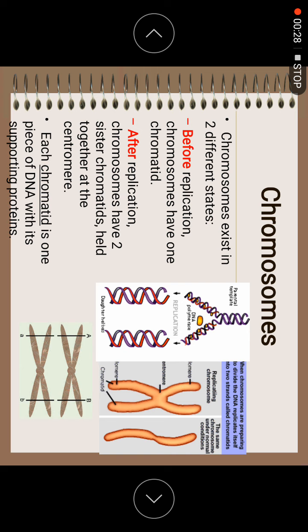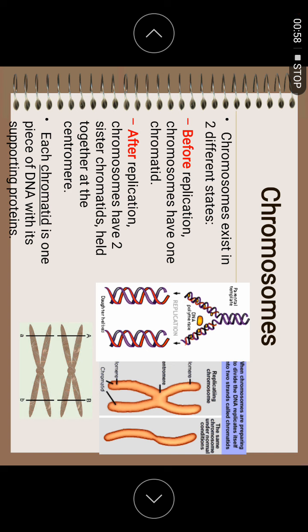It replicates into sister chromatids. Sister chromatid means that one is a chromatid. When it replicates, it becomes sister chromatids. So before it wants to divide, it's called chromatin, which we cannot see. It's invisible. Chromatin is invisible. Chromatid is visible. After replication, they will have two sister chromatids, and these sister chromatids are held together